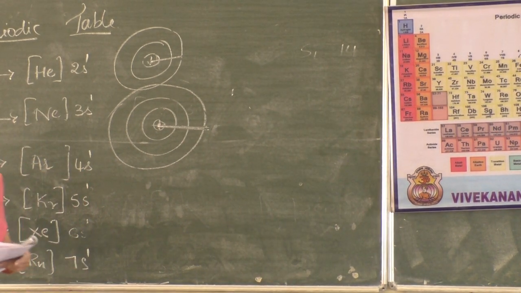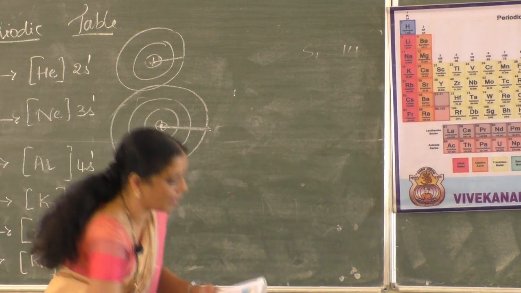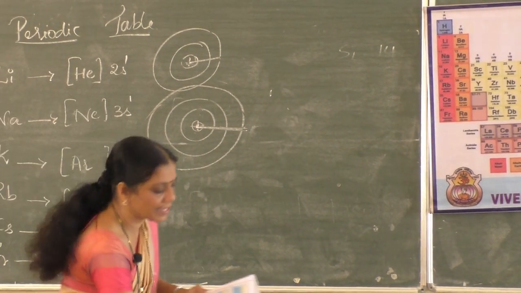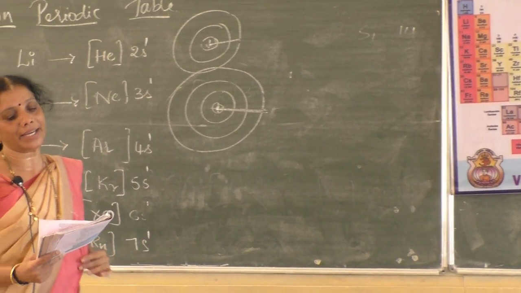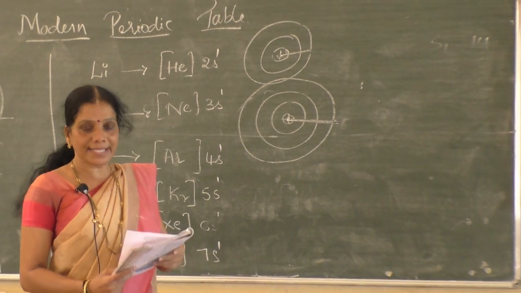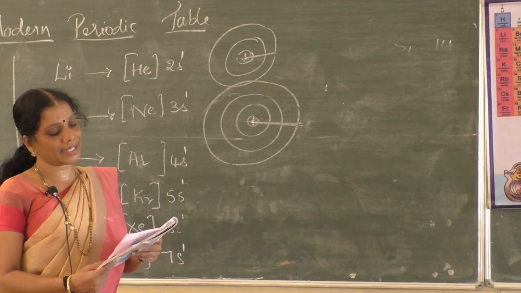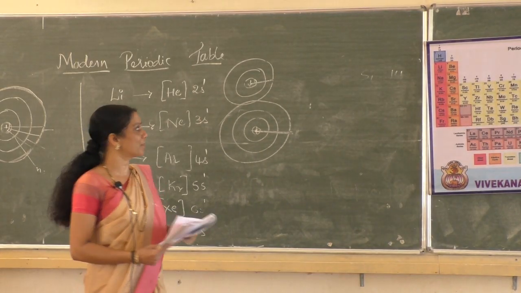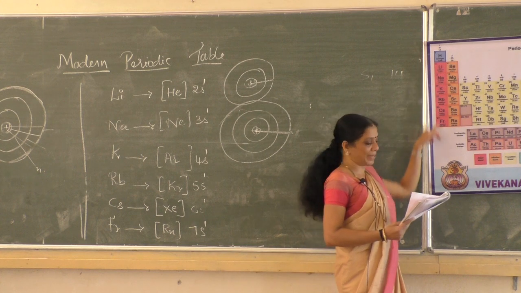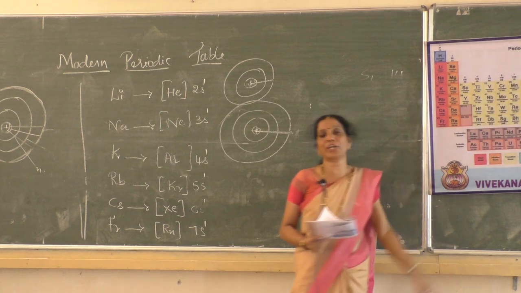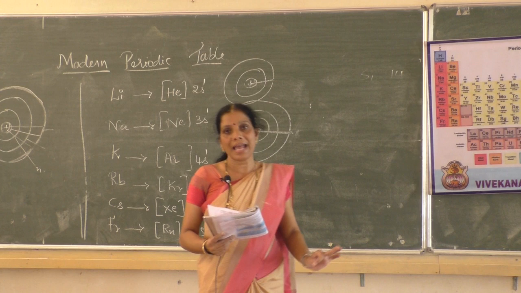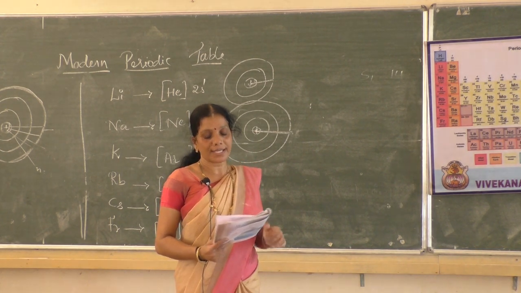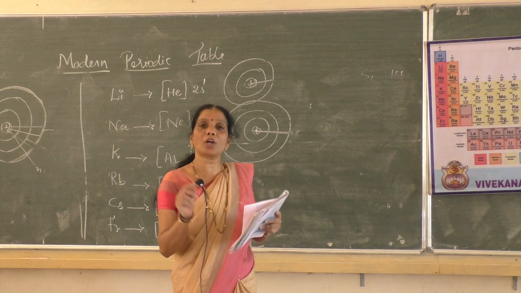Okay, next we have to consider the another activity they have given here, that is activity 5.8. Page number 33, just observe the question they have given, activity 5.8. See, they have given the first question, study the variation in the atomic radii of the first group elements. Already you have studied this. See, they have given the elements belonging to the first group, and also they have given the atomic radii of different elements in picometers. Just see here, sodium, what is the atomic radii they have given?